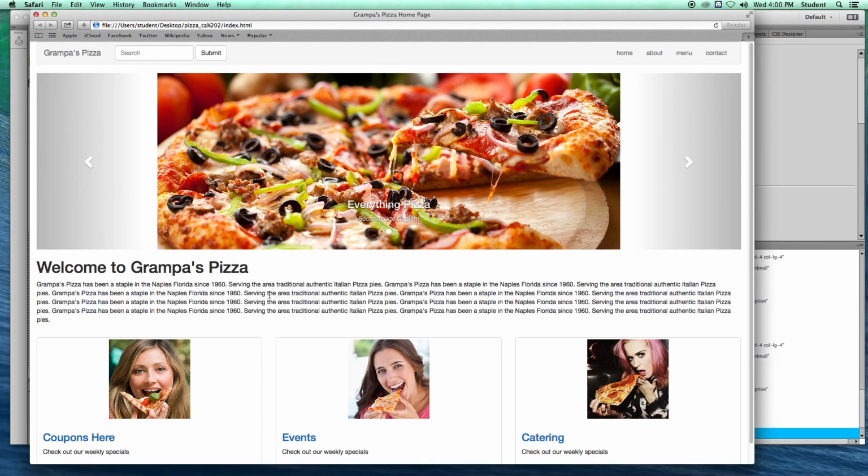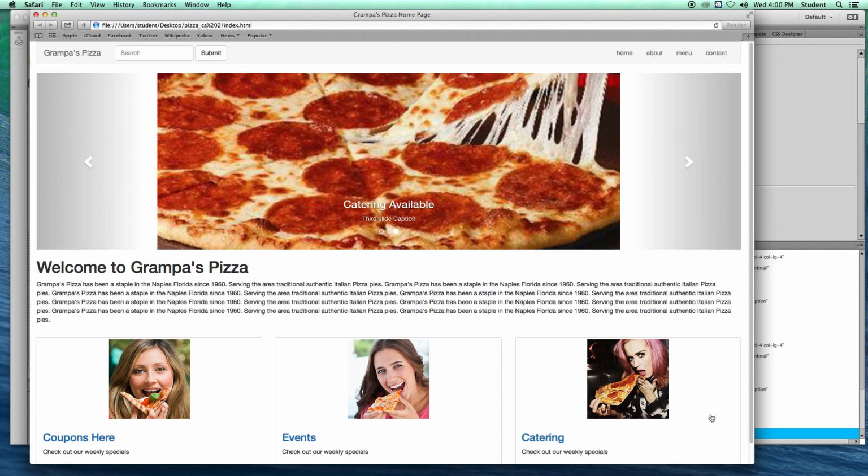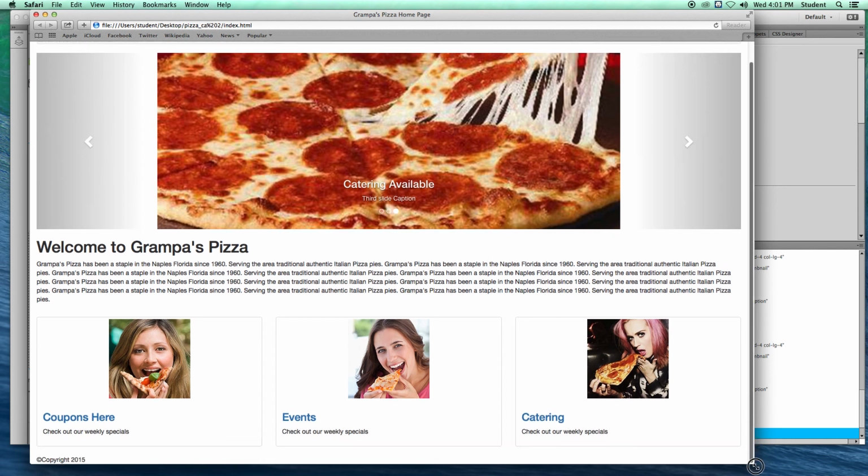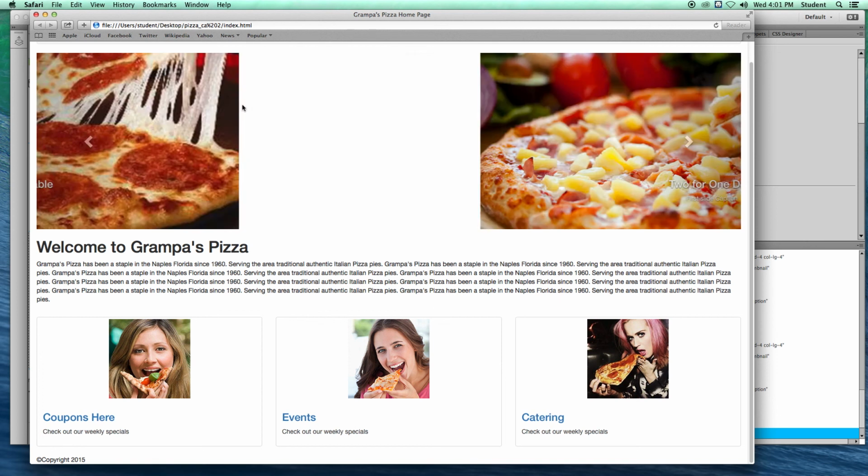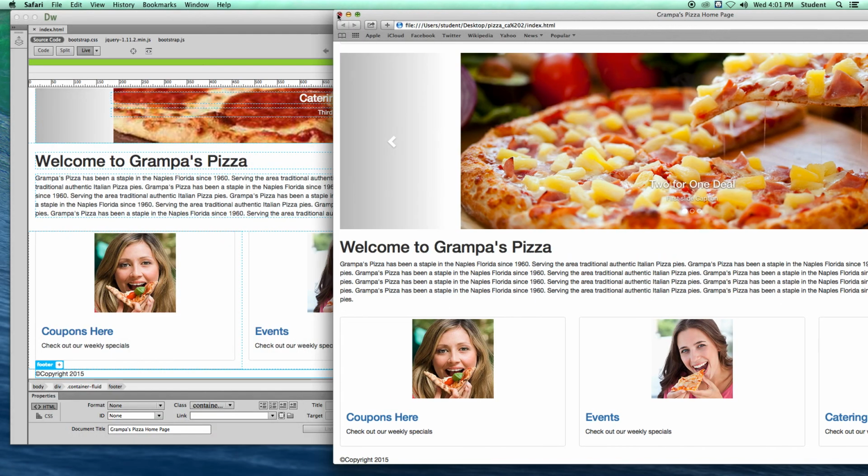I can see this text goes a little too far across. May want to change some of the colors, some of the alignments. May want to center the text in the footer. So several things we can do to this website. We'll do that in the next